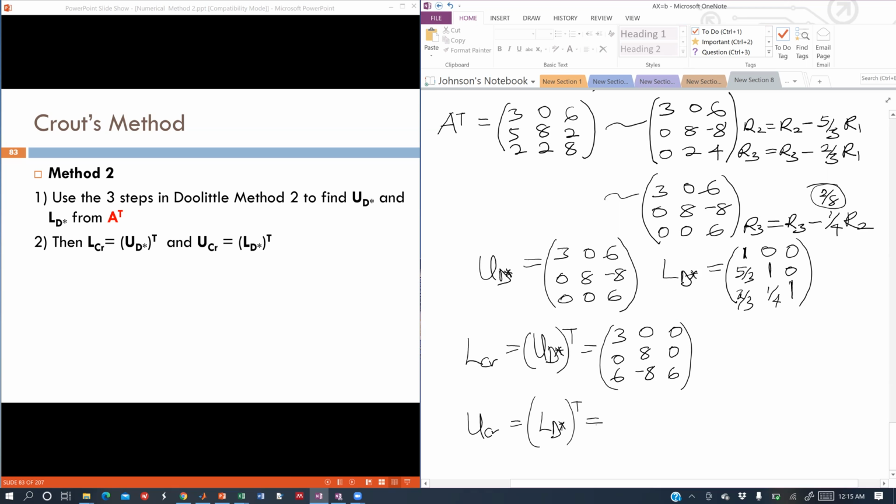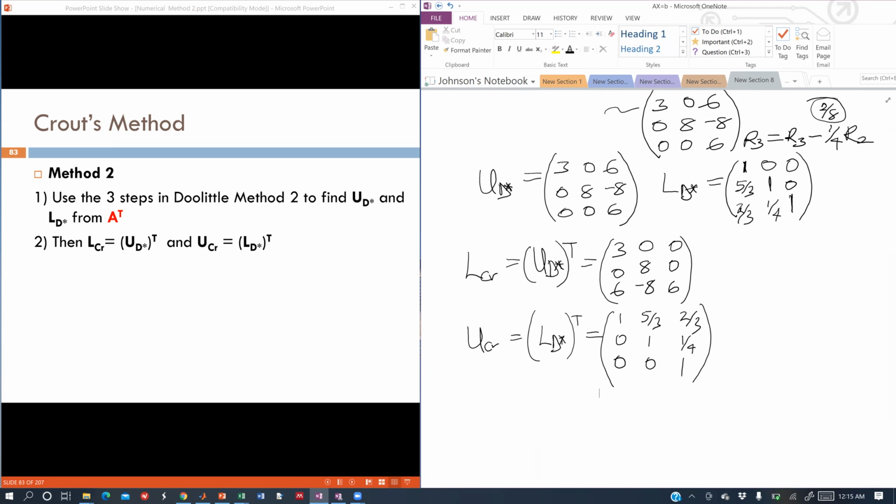And if we transpose that one, we get what? 1, 0, 0. Then 5 on 3, 1, 0. And then 2 on 3, 1 on 4, 1. And this is also the same as the previous approach. So the second approach, passing through Gaussian elimination, will lead us to the same set of lower triangular and the upper triangular. Then the rest of the procedure follows, where you solve your system